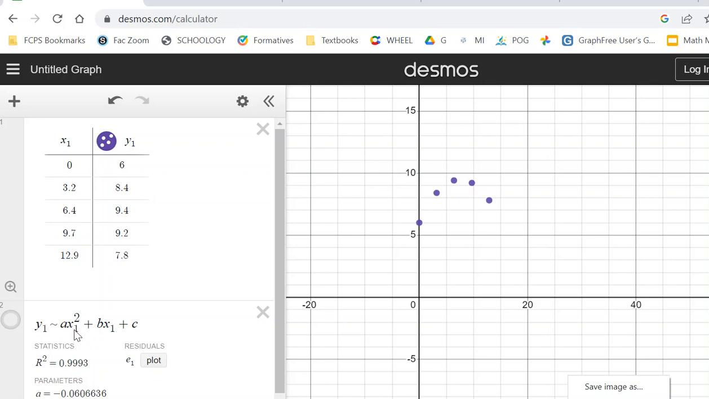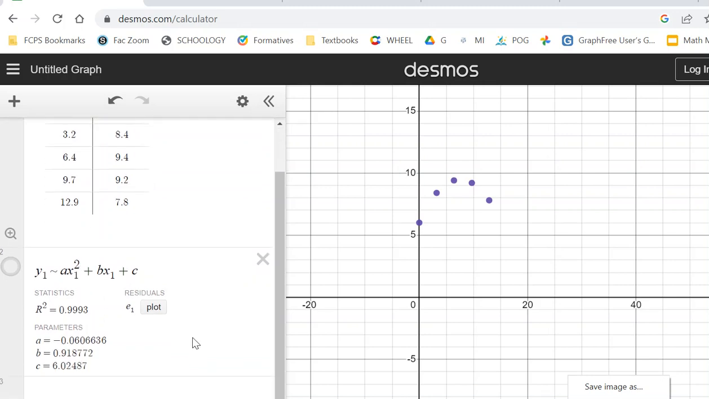See how I've got those subscripts? Always remember that your subscripts up here at the top of your table match what you're doing in this equation. So the magic equation we need is y sub 1 tilde a x sub 1 squared plus b x sub 1 plus c. And when we enter that, after we have given our data in, Desmos is going to figure out an A and a B and a C for us. I usually round this to the nearest hundredth unless I'm told otherwise. So I'm going to write that my A is negative 0.06, my B is 0.92 because I'm rounding, and my C is 6.02. So back on my notes,